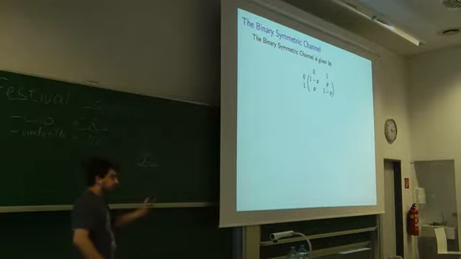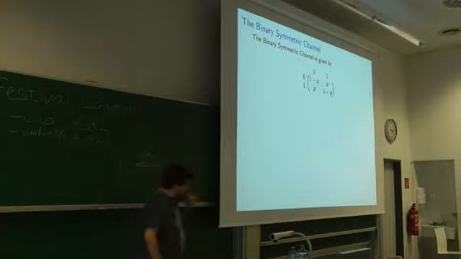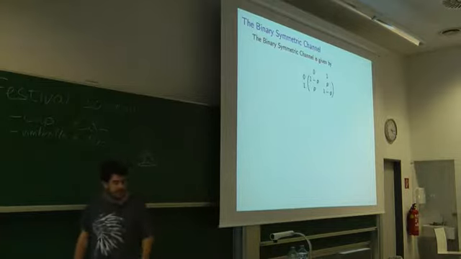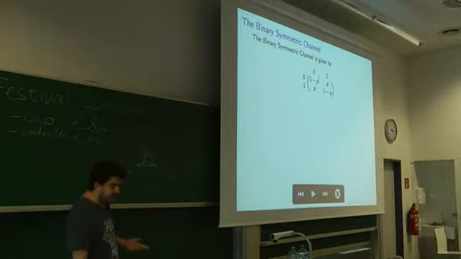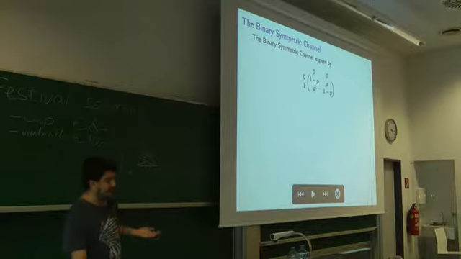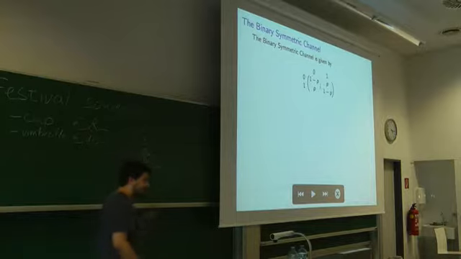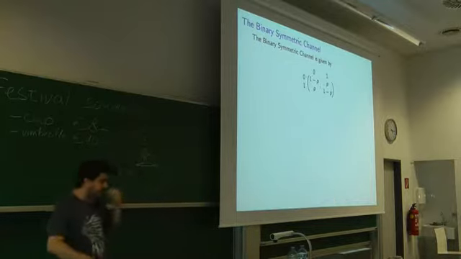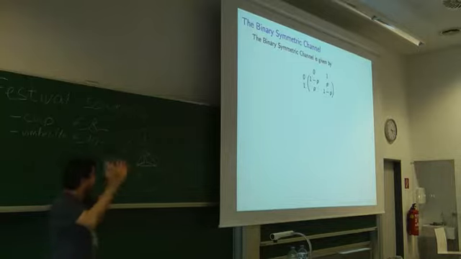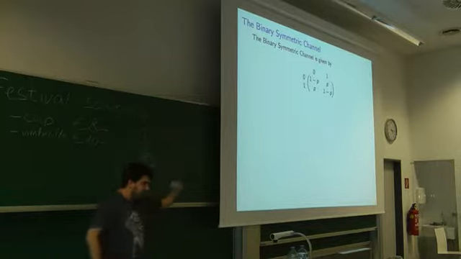An example of a channel that is very much studied is the binary symmetric channel. It's just when you send a 0, there's a probability p of getting a mistake, and the same for when you send a 1, and 1 minus p for it to be correct. This channel is the most widely used channel in information theory. Probably, I don't know, 90% of everything is done with this type of channel.